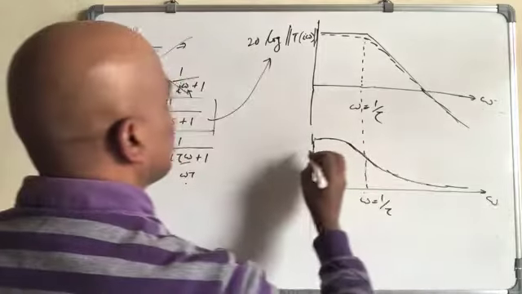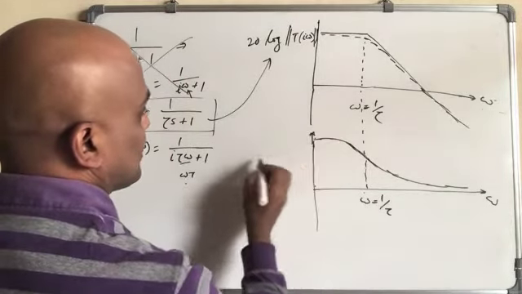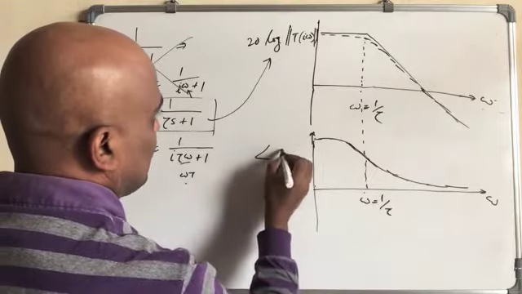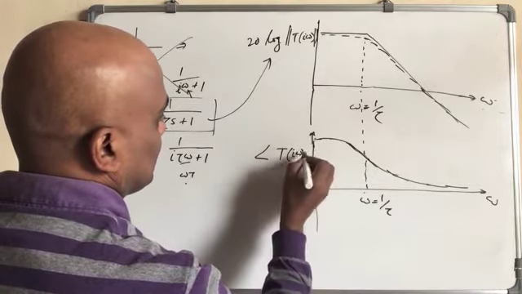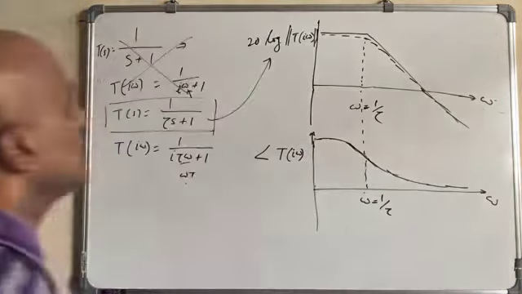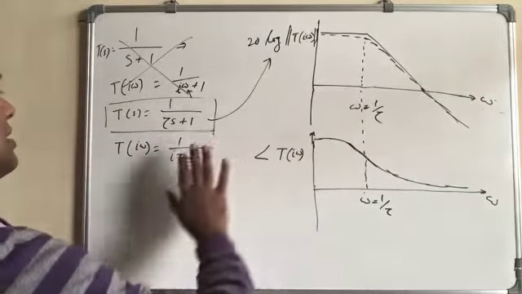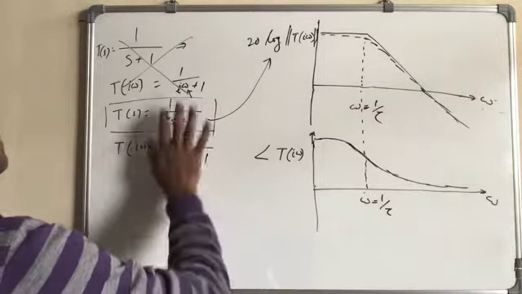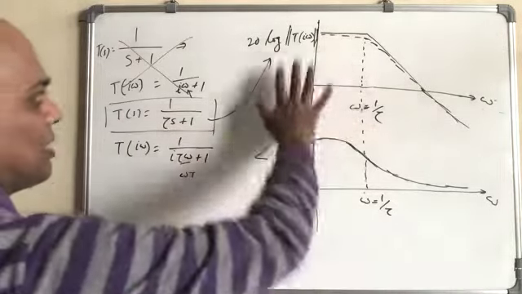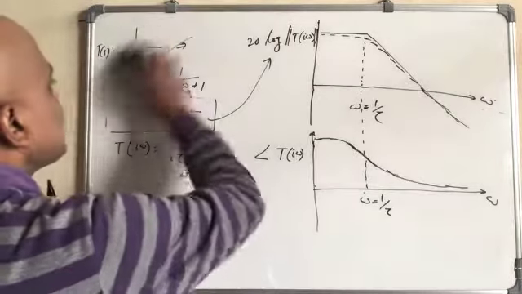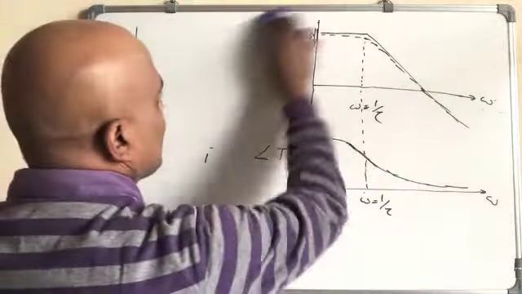You have omega here, and here you have the phase. Phase means the angle of T(i omega), right? That's what that is. Just here, what we did was we studied how the Bode plots will look for a general first order system. Okay, for the second order system we studied